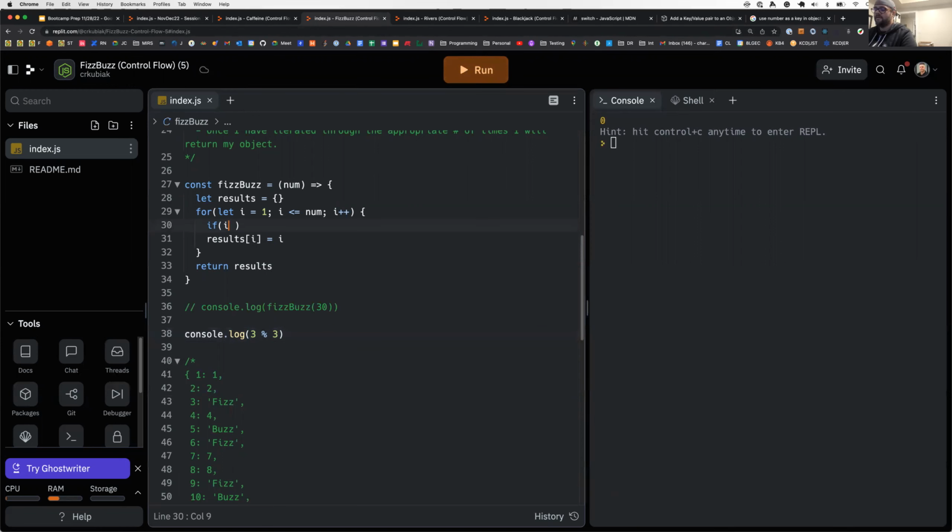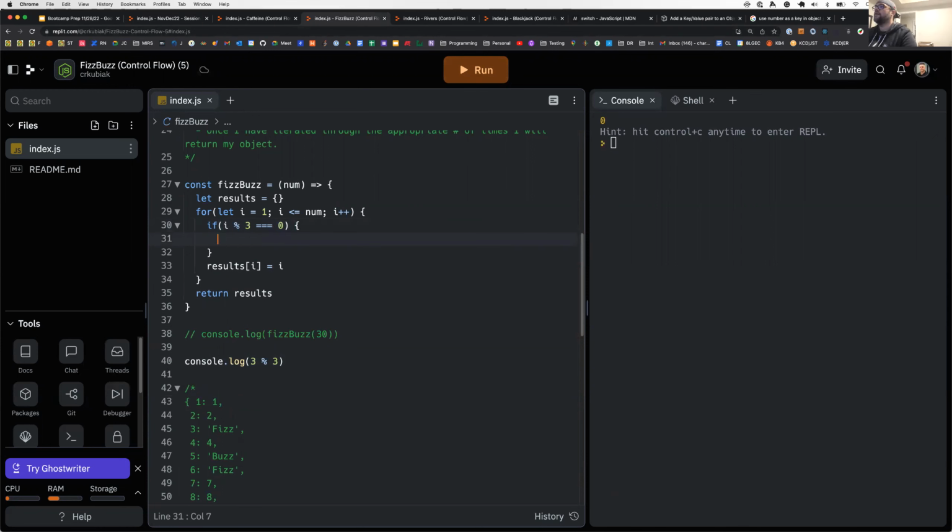So I can say if i remainder 3 triple equals 0, then instead of results[i] equals i I can do results[i] equals fizz, right? And then we can say else